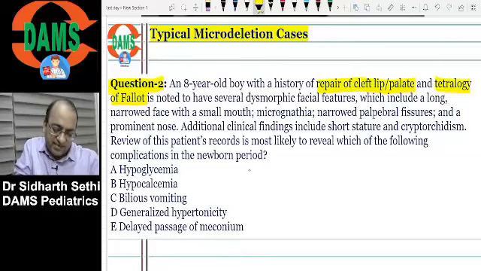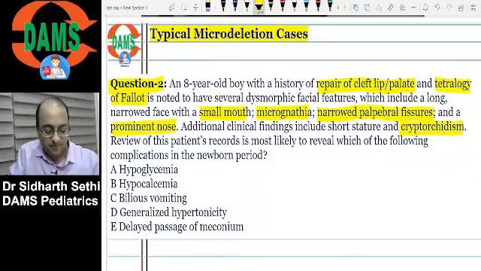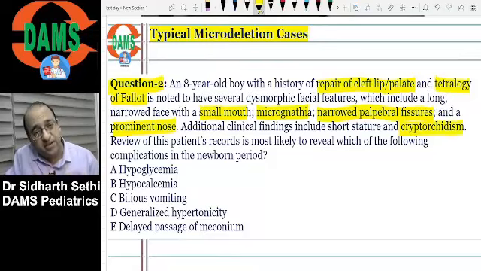Now he has a very classic face, a small mouth, small mandible, narrow palpebral fissures, prominent nose, cryptorchidism. So what is a syndrome which I want you to remember? In which syndrome do you have this classic face of cleft lip, cleft palate,